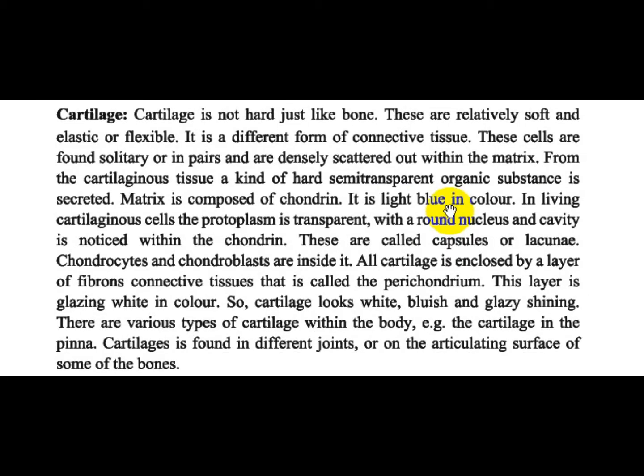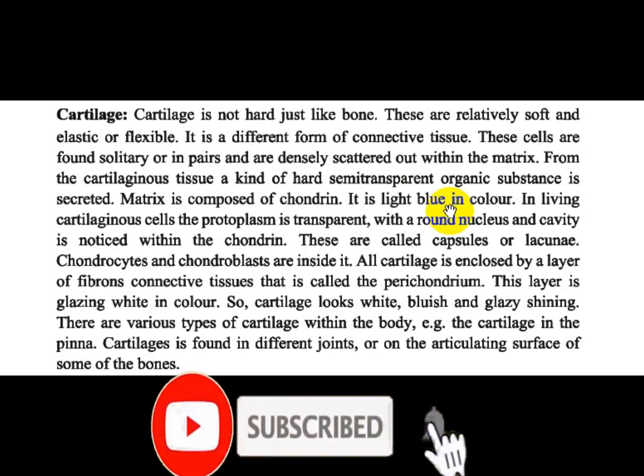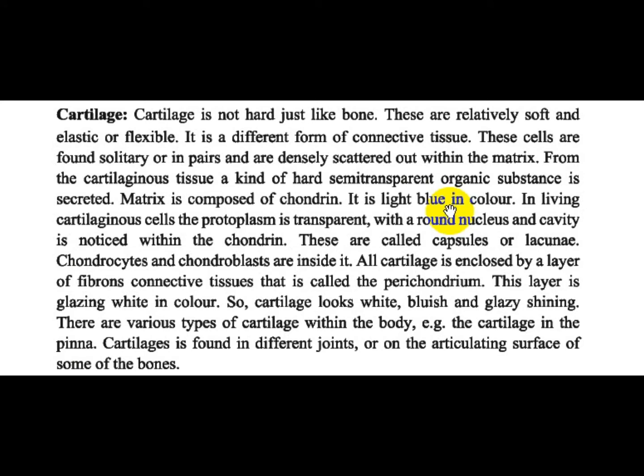Now I am going to describe about structure and functions of cartilage. Cartilage is a flexible connective tissue found in many areas in the bodies of humans and other vertebrates, including the joint between bones, the rib cage, the ear, the nose, the bronchial tubes and the intervertebral discs. It is not as hard and rigid as bone, but it is stiffer and less flexible than muscle.